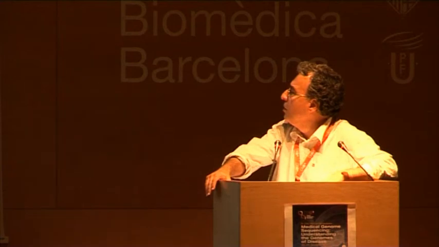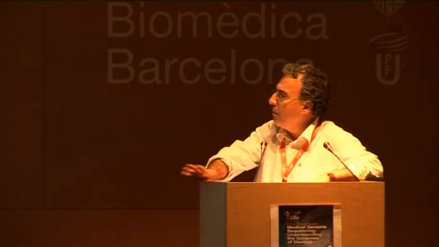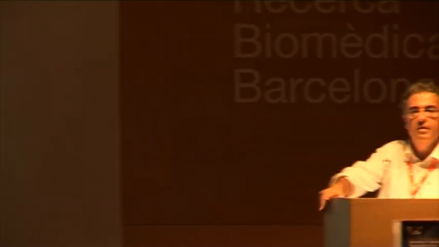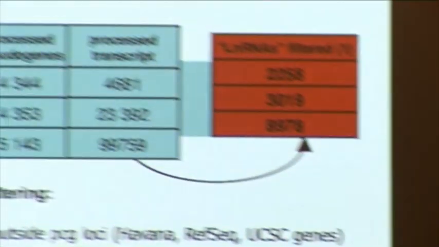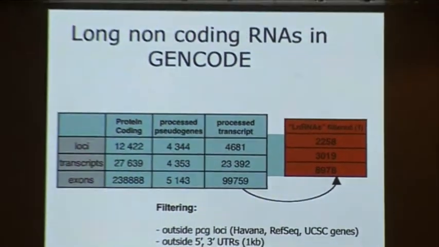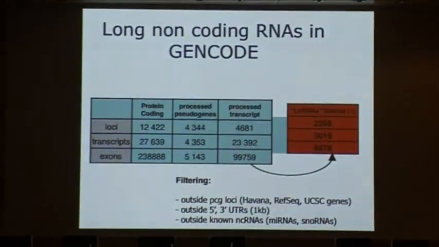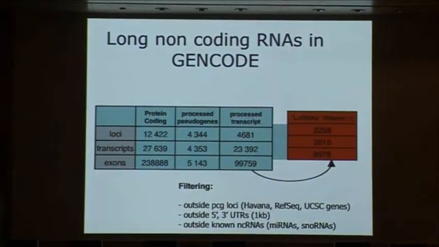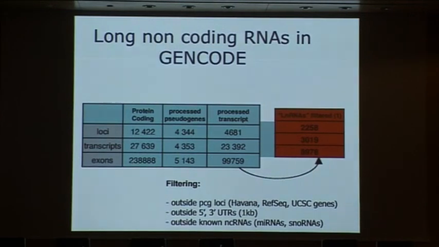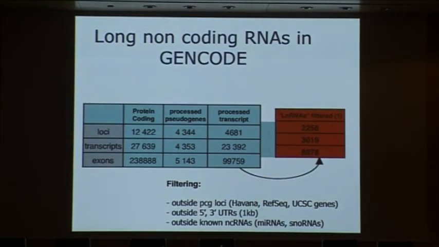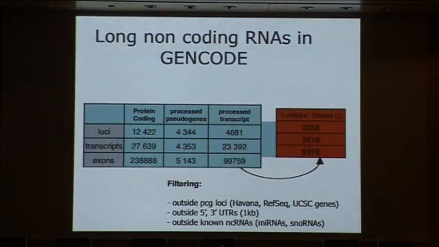It had only a few long non-coding RNAs, about 5,000, and now, as I said, we have 10,000. And we use only the ones that were intergenic, the more equivalent set to lincRNAs, and we end up with a set of about 3,000 long non-coding RNAs, and I want to emphasize the importance of this data set. These are long non-coding RNAs for which we know the sequence